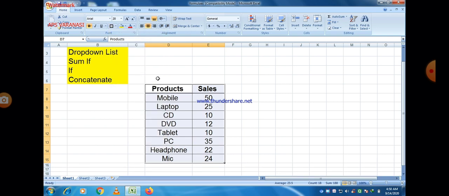Now all items are clearly visible to all of you. So items are mobile, laptop, CD, DVD, tablet, PC, headphone, mic. These are the items, and the sales regarding these items are also given there. So this is a table, and we apply a drop down list for the table.